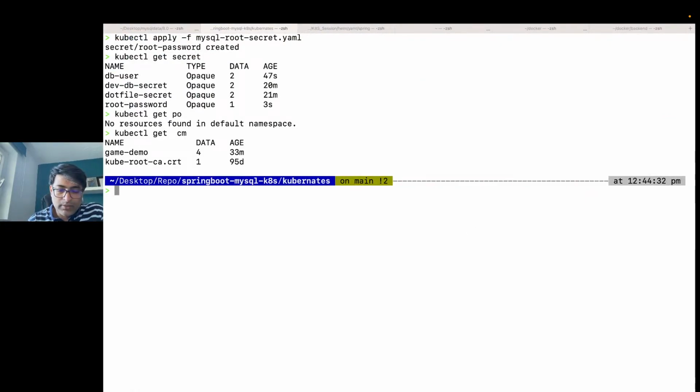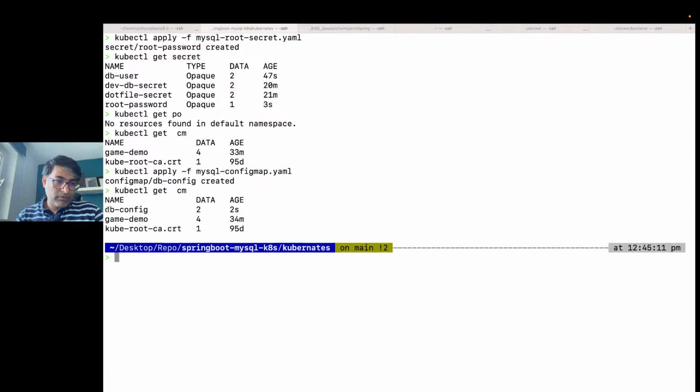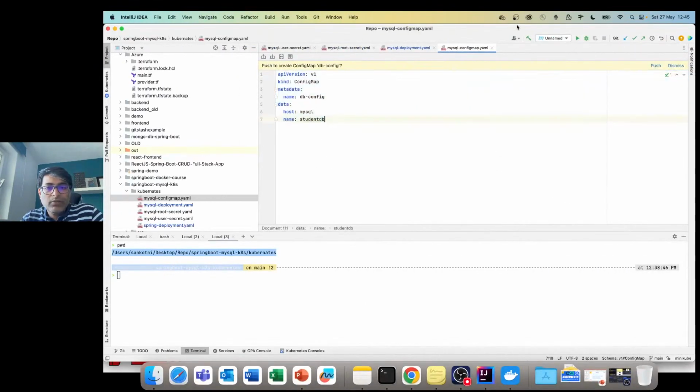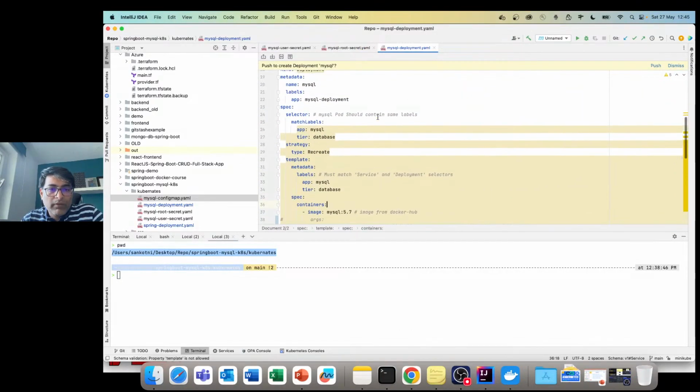Normal case, kubectl apply for MySQL. And if you see, our config map is created. Once it has been created, the next step is you wanted to run our deployment. So if you go to our deployment,